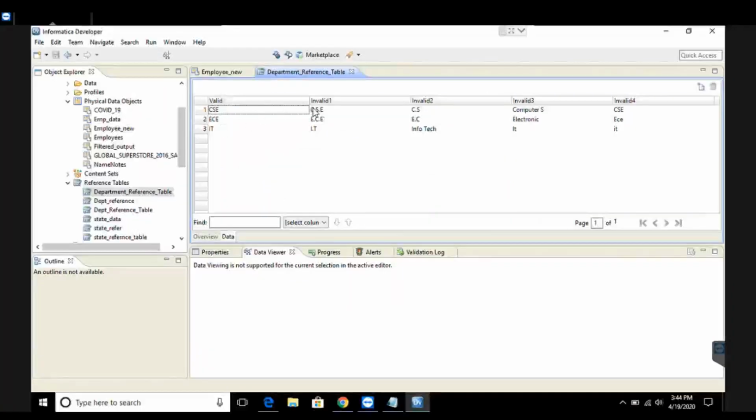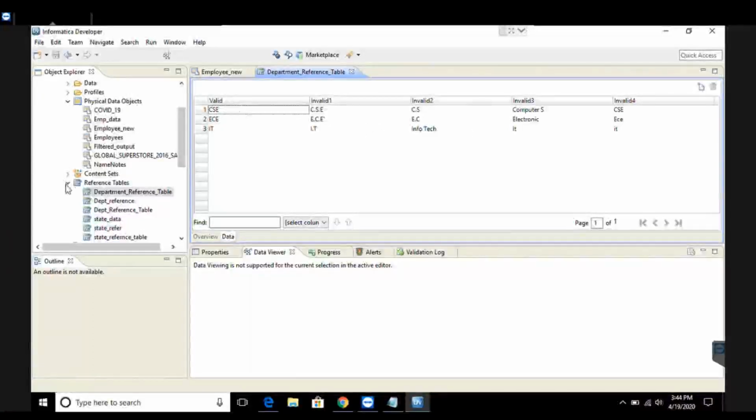So all the invalid columns contain the invalid values corresponding to one single valid value. So if I use the concept of parsing using reference table, what will happen? In the department column, all the invalid values, if they exist, will be converted into valid values and then sent to the target file. So this is what I want to do today, right?